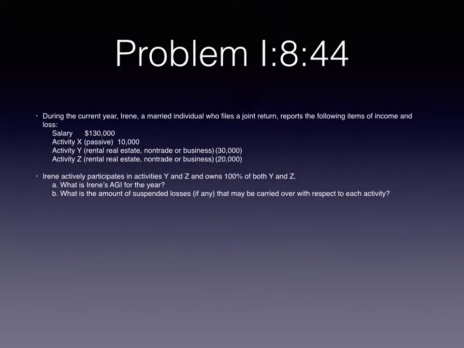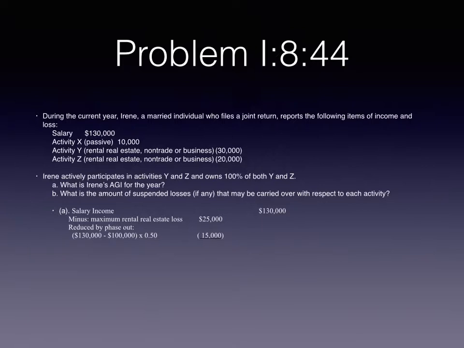And then B, what is the amount of suspended losses, if any, that may be carried over with respect to each activity? So we start obviously with her salary income of $130,000. We subtract out the maximum rental real estate loss, assuming that it's rental real estate in which she actively participates, which we're given that information. That amount is reduced by the phase out. Remember, if you look up that part of the explanation in the book, you see that for any amounts over $100,000 for a married filing jointly individual,